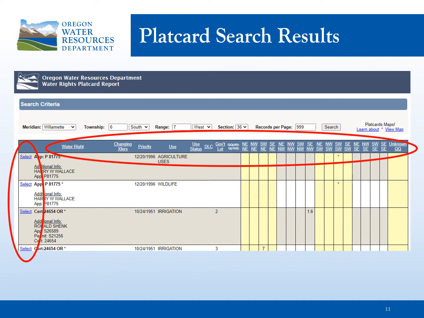Here are the results of a search using the Platcard utility. The location of uses that have acres associated with them, such as irrigation, supplemental irrigation, and nursery use, will identify both the location of the use and number of acres located within a specific quarter. In the example on this slide, you can see that there are 1.6 acres of irrigation located in the southeast